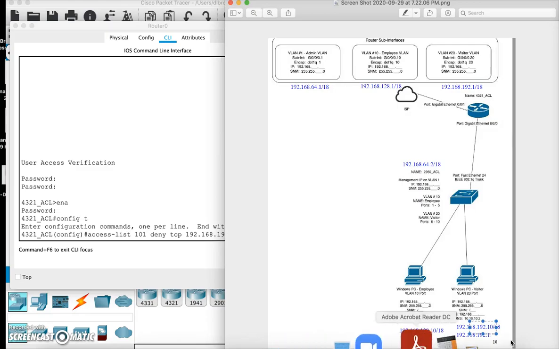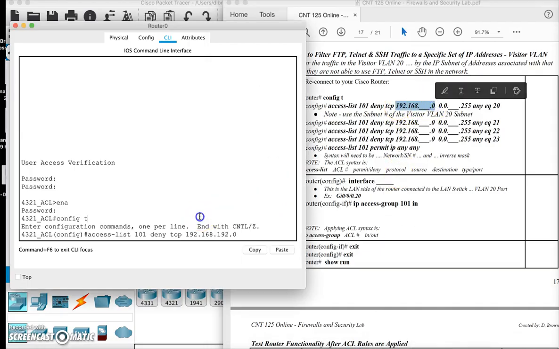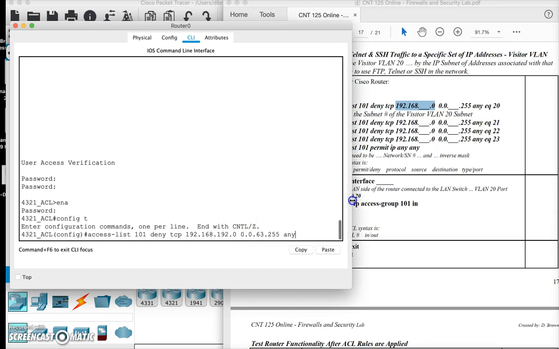So we're going to say that subnet, and we're going to use the inverse mask. Well, I borrowed 2 bits, so the inverse of that is going to be 0.0.63.255. And we're going to say deny from this network to anywhere